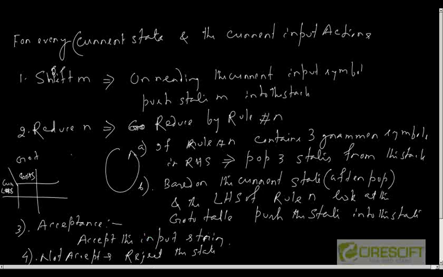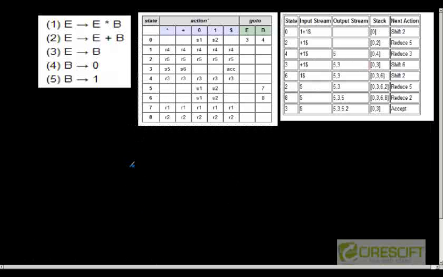Now let us see an example. In this example we have 5 rules, or 5 productions, of a grammar. You can see the action and goto table is provided. Now suppose I need to parse